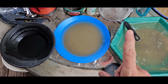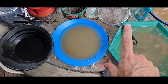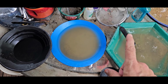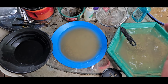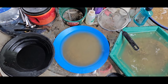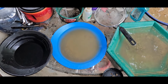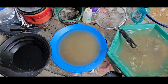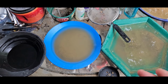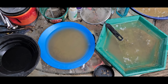Ended up being a big flat flake, but it was sitting at the bottom of the header of the sluice. So it slid over the indicators. It was way too big for that. But I noticed it sitting there, and when I was editing, it had been there. I threw a couple more scoops of material on top of it that washed over the top of it, and then Millie came crashing through the sluice and basically stepped right on it, and it went black,